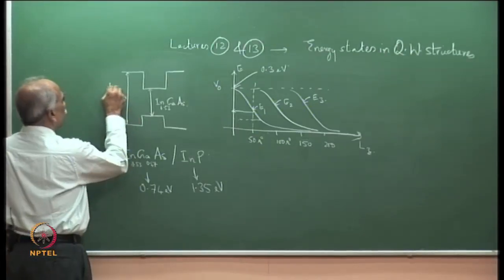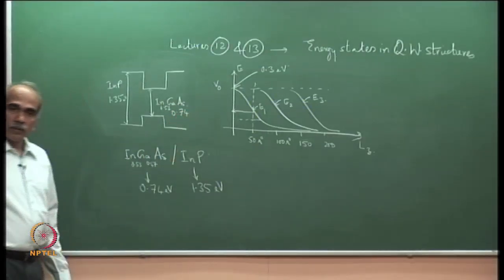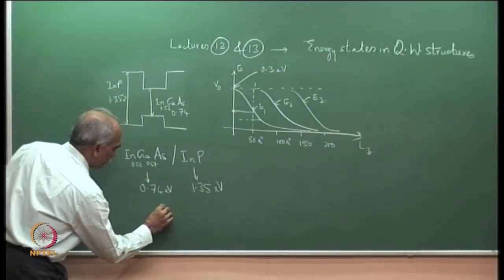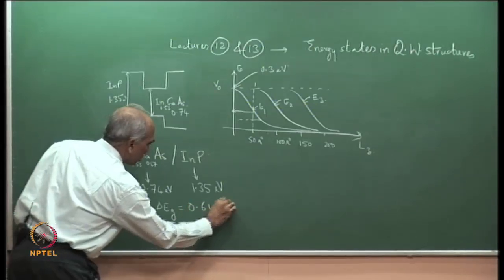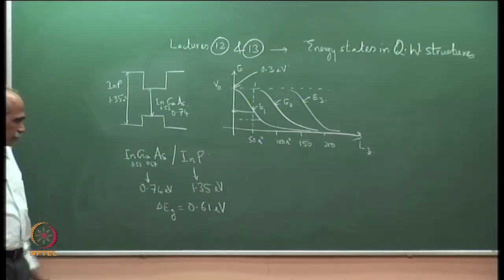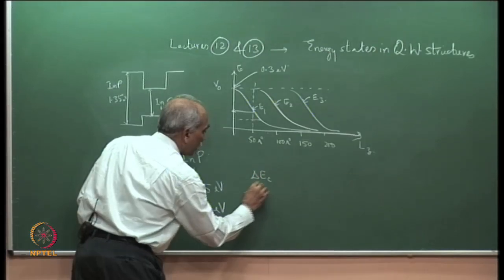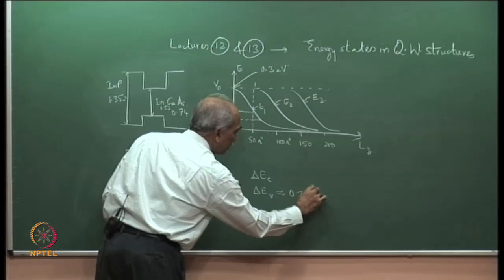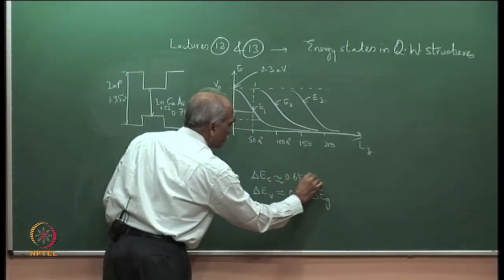So, this is indium phosphide, this is 0.74. So, what is the Eg difference? The difference in Eg here, delta Eg, is equal to 0.61 eV. And we know that delta Ec and delta Ev are approximately 35% and 65% of delta Eg,